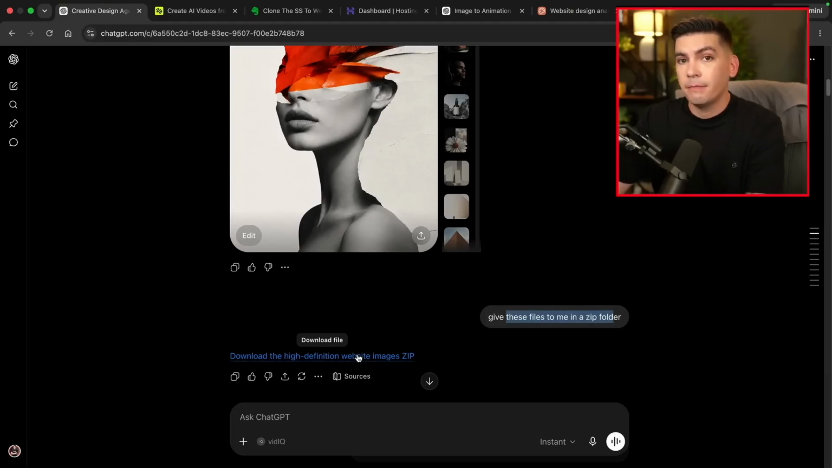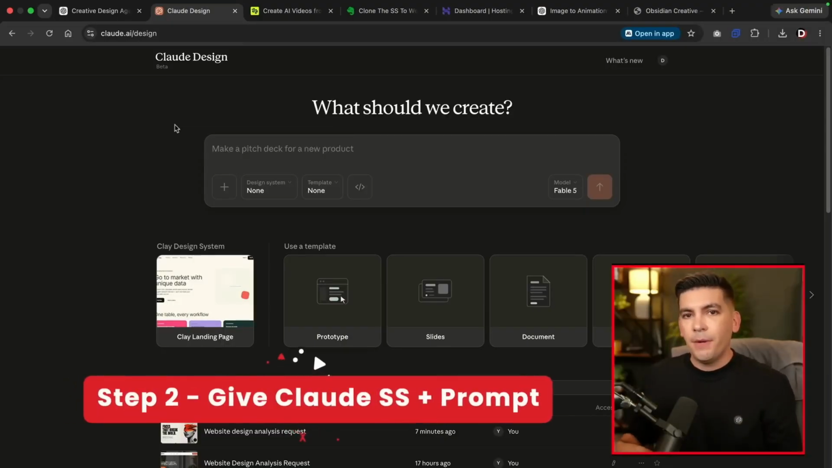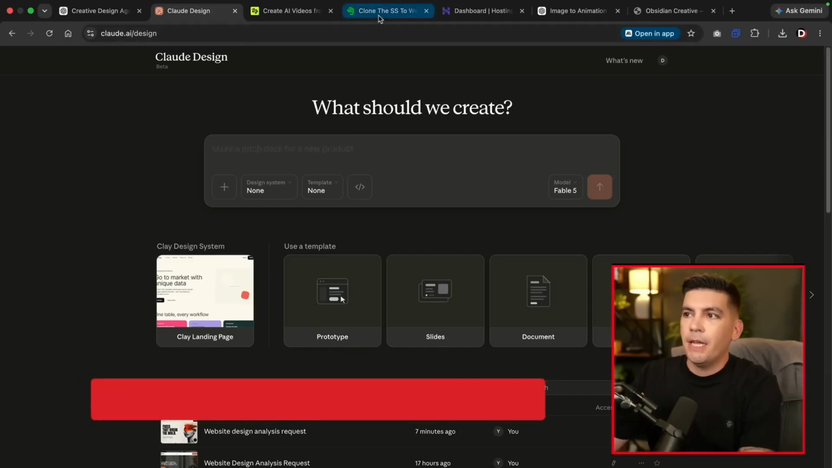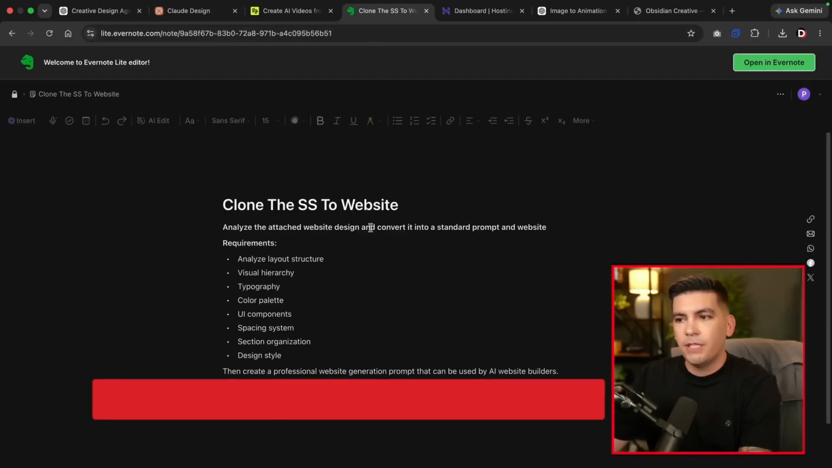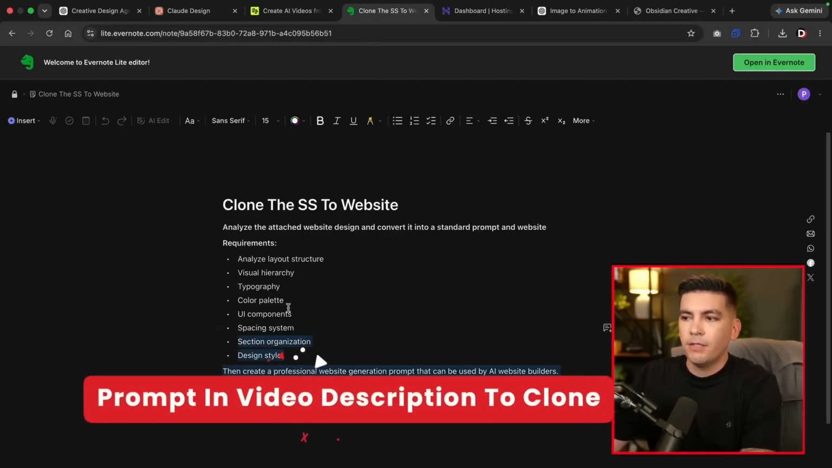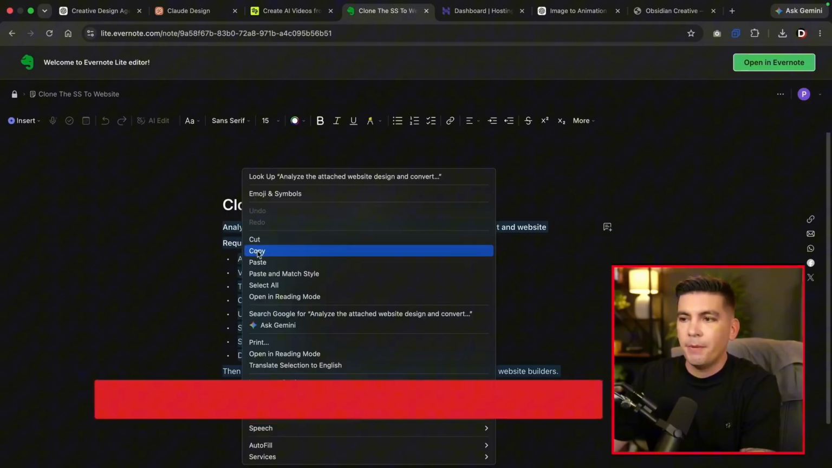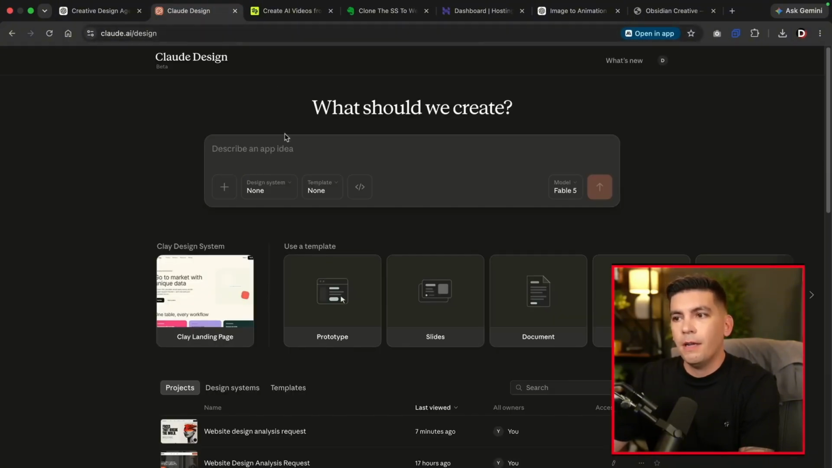Generate the website. Now, in order to replicate that same design, there is a prompt, and I'll leave it in the video description. And here is the Evernote, and it's really simple. Clone the screenshots to a website. Here, I'll go ahead and copy this prompt, and I'll head back over to Claude, and I will paste this